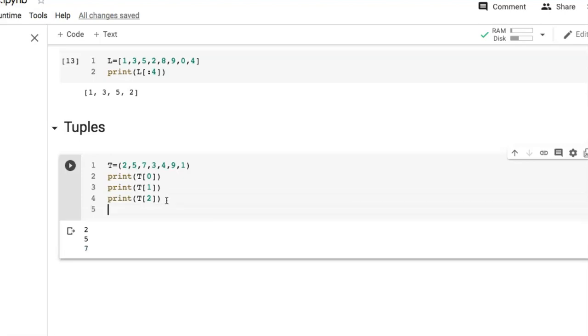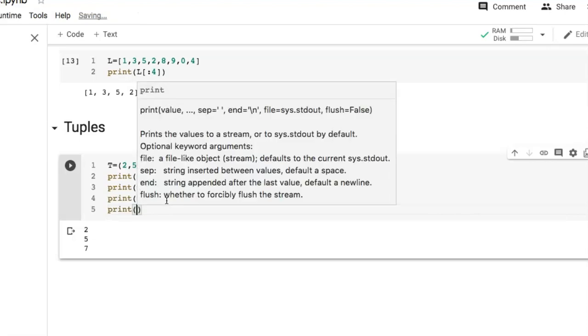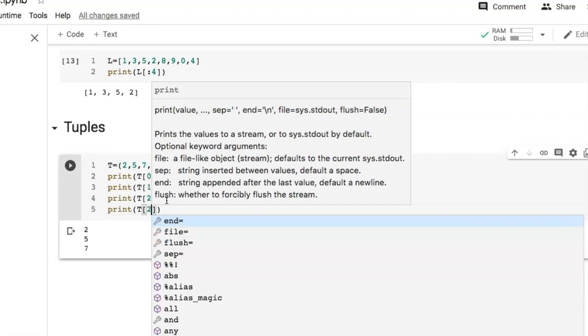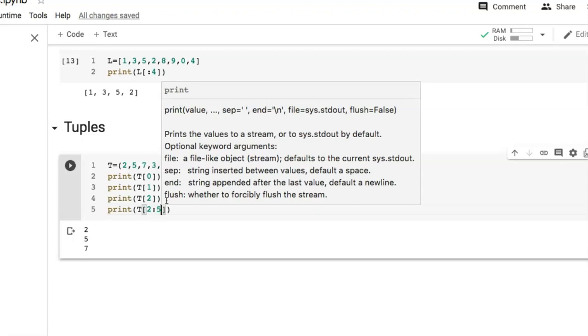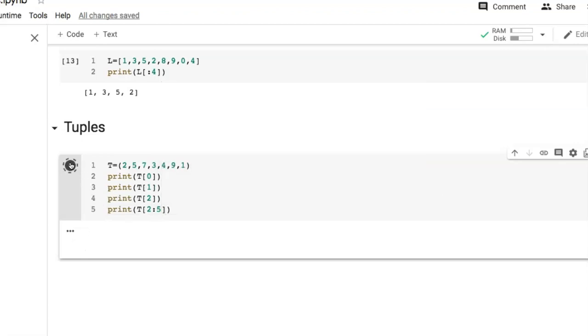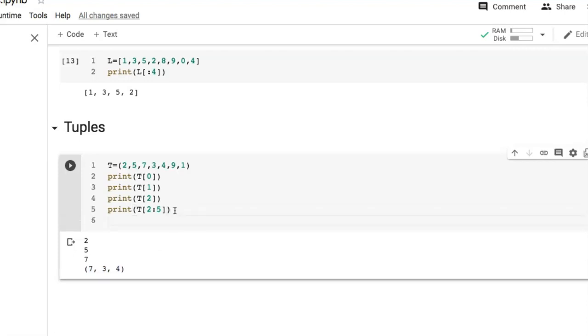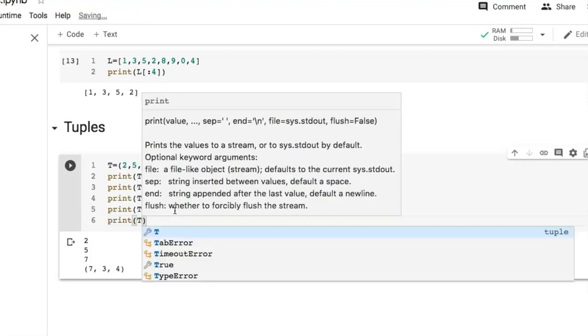Now we can have range of index. So if we'll print values from index number, for example 2 to 5. Let's run this, and we got values from 2 up to 5, and we can leave out the starting index.